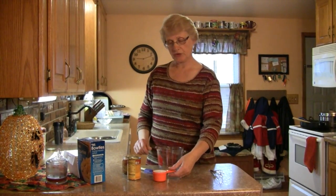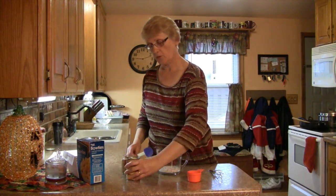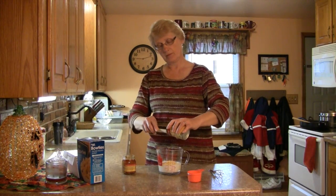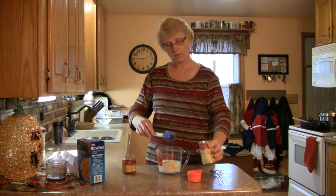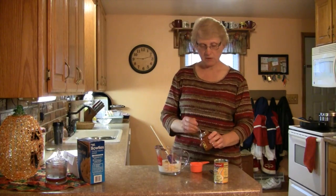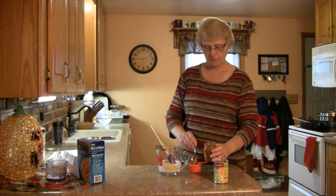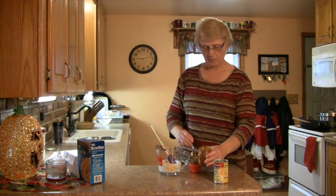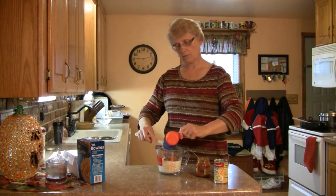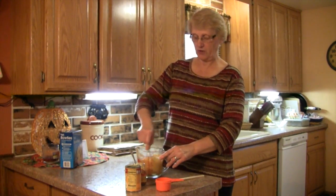In this bowl, I'm going to put in 1/2 cup of milk, the 1 can of cream of chicken soup, and 1/2 cup of sun-dried tomato pesto. Okay, these 3 ingredients I'm going to whisk together so that they're mixed well before I pour them on the